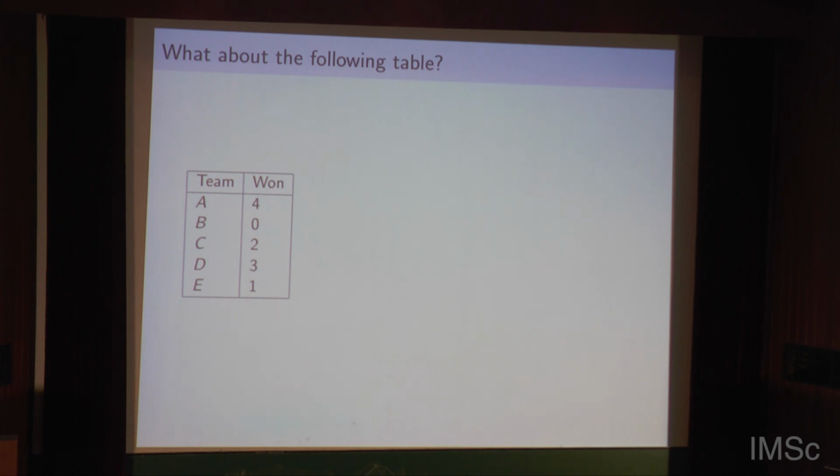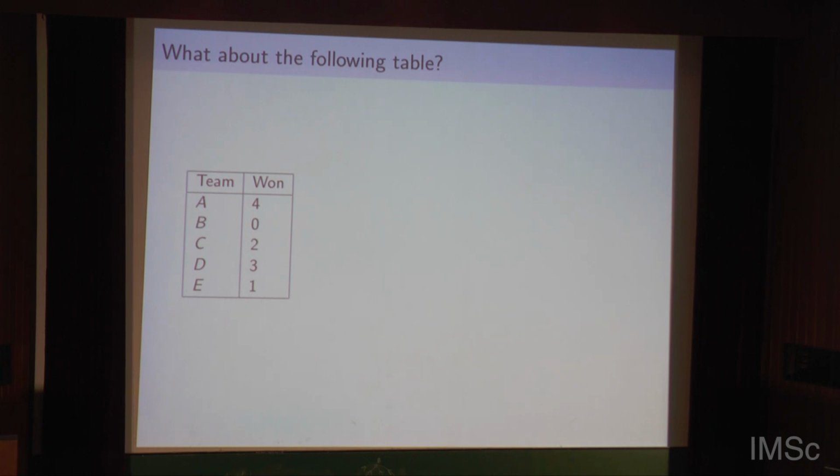clearly B is 0, so let's draw B and say that everybody is coming into B, right? B has out degree 0. I'm just going to try. I don't know whether there is such an outcome or not. I'm going to try based on the numbers. E has exactly 1, so E must be, let's say, this, which has defeated B, but it's going to lose against everybody else. Okay? Now I'm going to say C is 2,